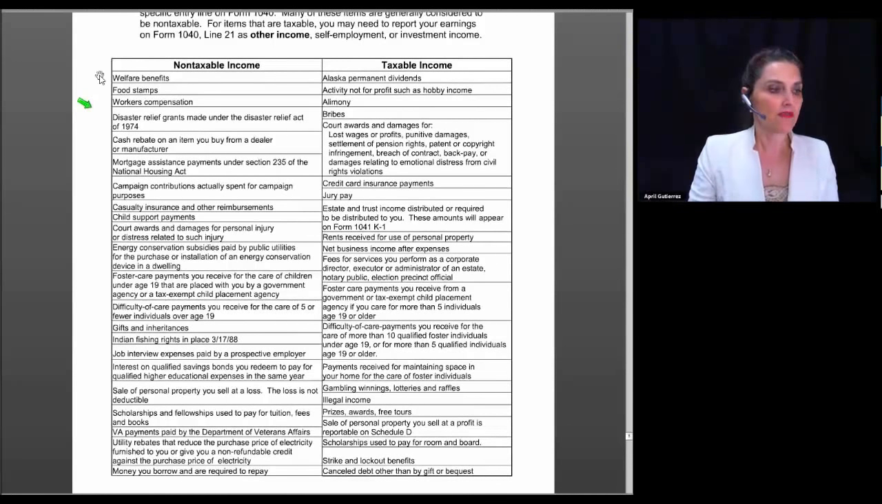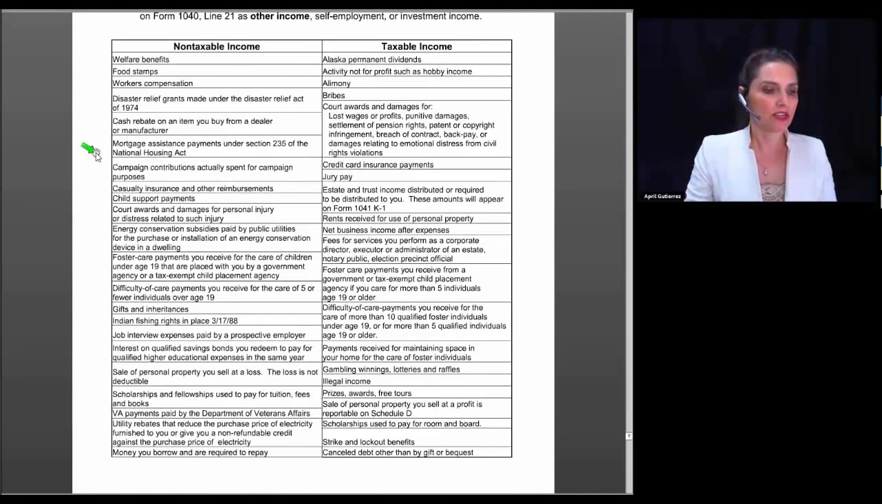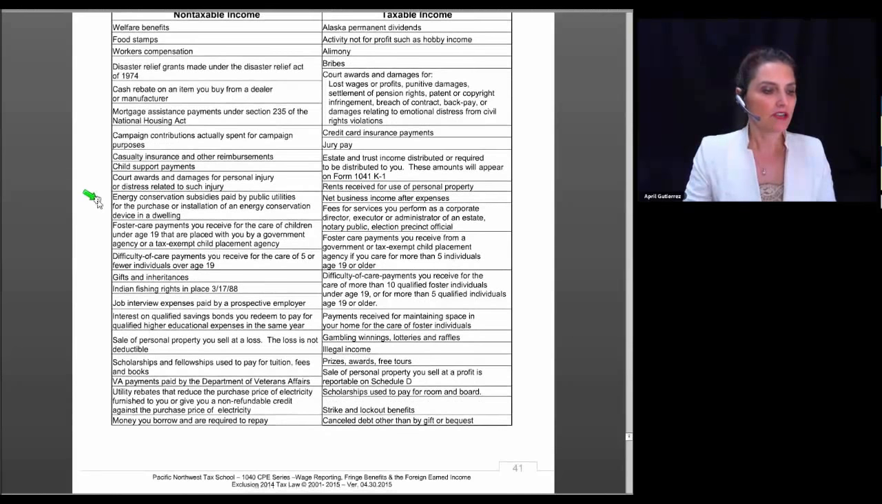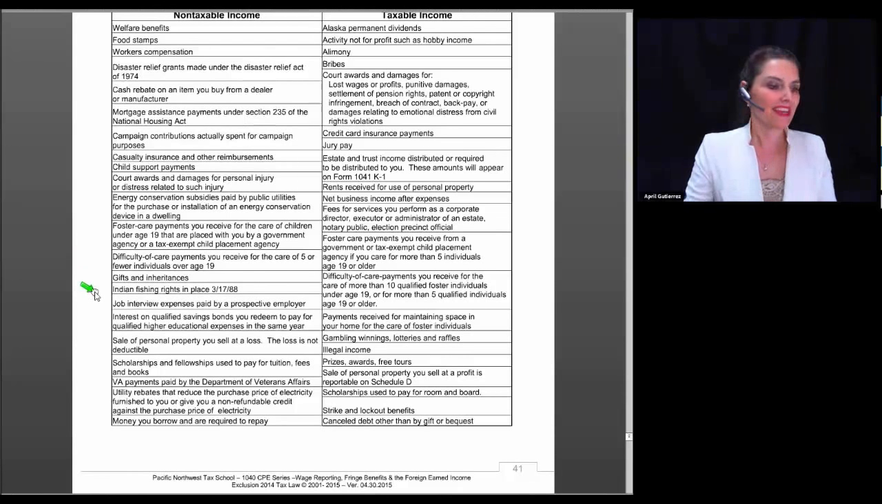Examples of non-taxable income items that you can basically say, oh, if you got that, it's not taxable, and know that in the back of your head, are things like welfare benefits, food stamps, workers' compensation, disaster relief grants, cash rebate on an item you buy from a manufacturer, mortgage assistance payments, campaign contributions that are actually spent for campaign purposes, casualty insurance and other reimbursements, child support payments, court awards and damages for personal injury or distress relating to such injury, energy conservation subsidies, foster care payments that you receive for the care of children under the age of 19 that are placed with you by a government agency or other tax-exempt agency, also difficulty of care payments that you receive for the care of 5 or fewer individuals under age 19,